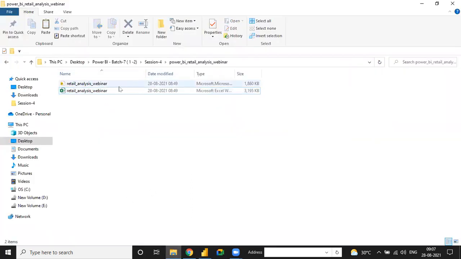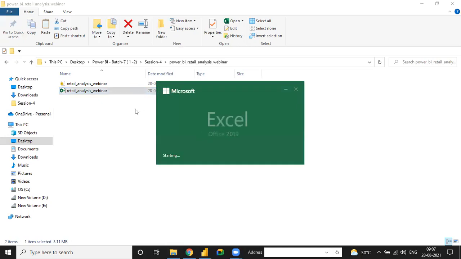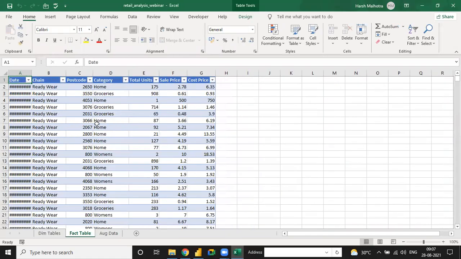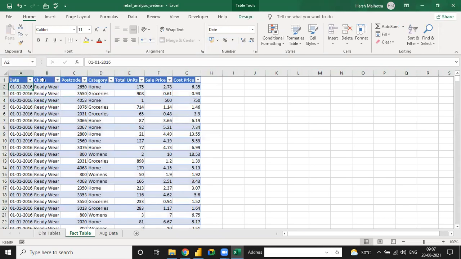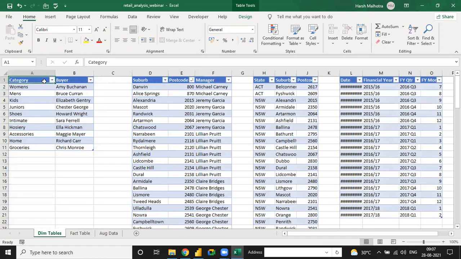Suppose, see, this is our data related to retail analysis. Let me open this. See, this is our fact data relating to date, chain, postcode, category, total units, total sale price, and cost price. Okay, and dim table we have a buyer wise table.